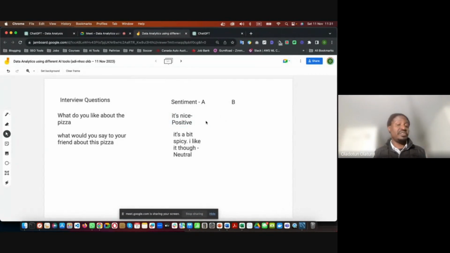You could run this in different ways. Let's say for all positive sentiment, you give it 1. For all negative sentiment, you give it -1, and for all neutral sentiment, you give them 0. And therefore, you start to do your sum and then decide whether for this product or for this